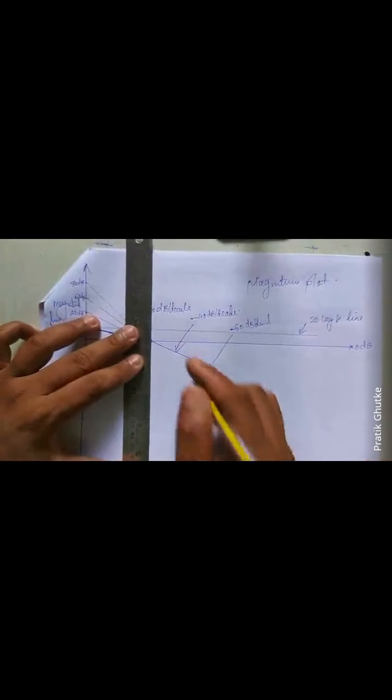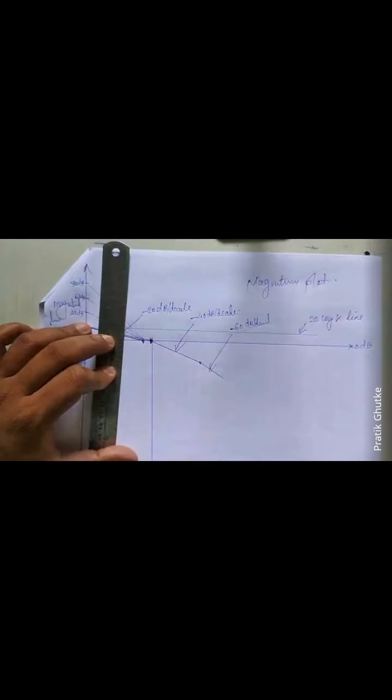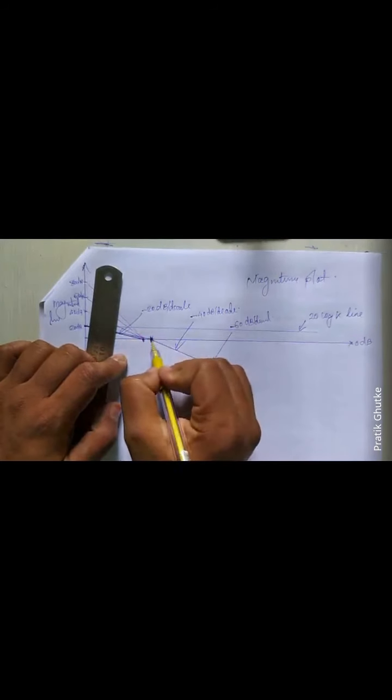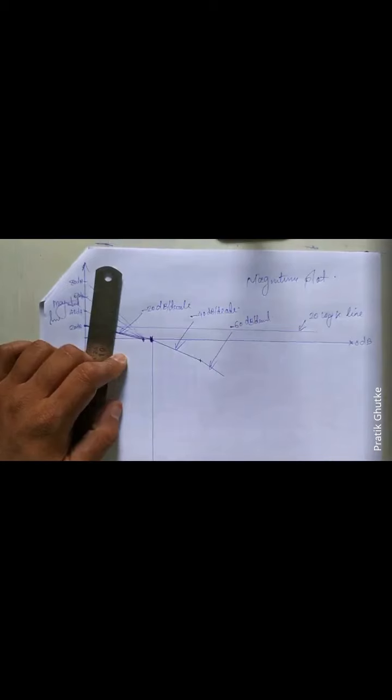Magnitude plot. So the frequency, this one, this is 2. This is known as omega GC. So my omega GC value is 2 radian per second. Means a frequency which is cutting the 0 dB line, that point it is known as your gain crossover frequency. So it is coming 2 radian per second. Yes, this is your corner frequency, omega GC, gain crossover frequency. Now I will draw the phase plot.